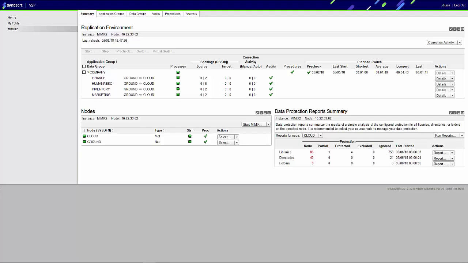First, let's look at the new mobile-friendly dashboard. This redesigned dashboard gives a summary view of all aspects of the MIMIX environment on a single page, including application group and data group status, replication throughput, statistics on object correction activity, both manual and automatic, the status of audits that monitor your replicated data for integrity, the status of procedures such as switch pre-check, the date of your last switch, the average time it takes to switch this environment, and a summary of the reports that show protection status for the libraries, folders, and directories on